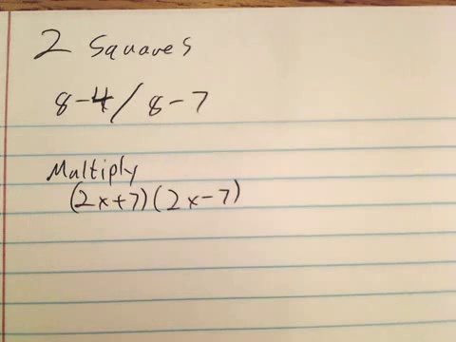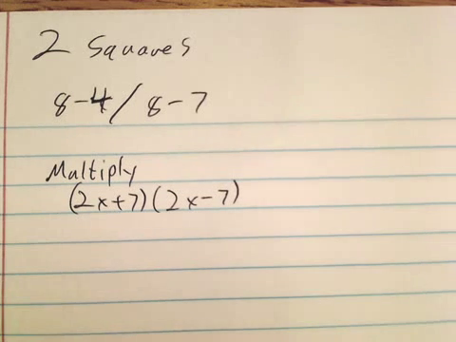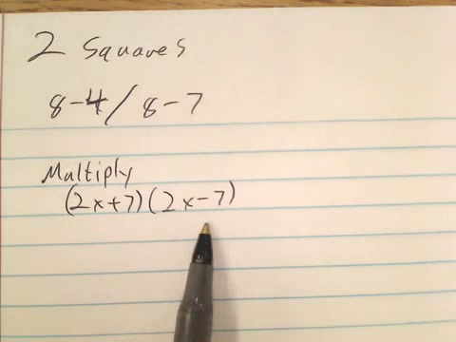Howdy. Today we're going to talk about a very specific pattern in multiplication and in factoring. We'll talk about one other pattern tomorrow, and that will be it for the factoring that we will need to know. So here, we haven't really seen the light yet, but let's multiply these together, 2x plus 7 and